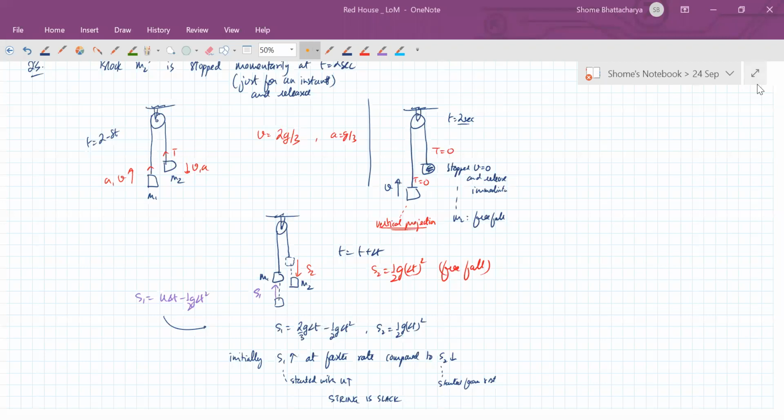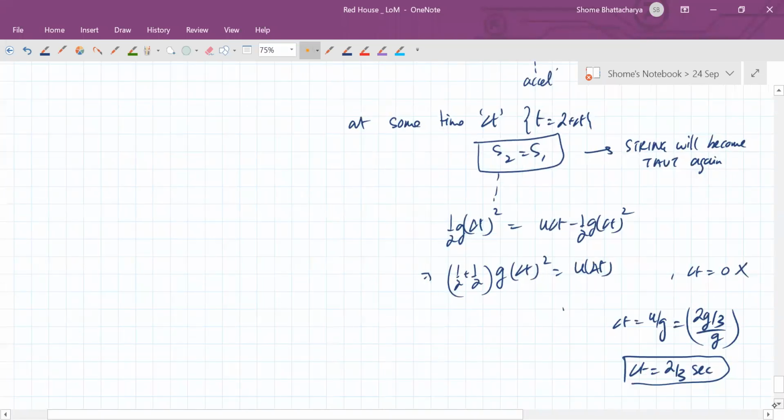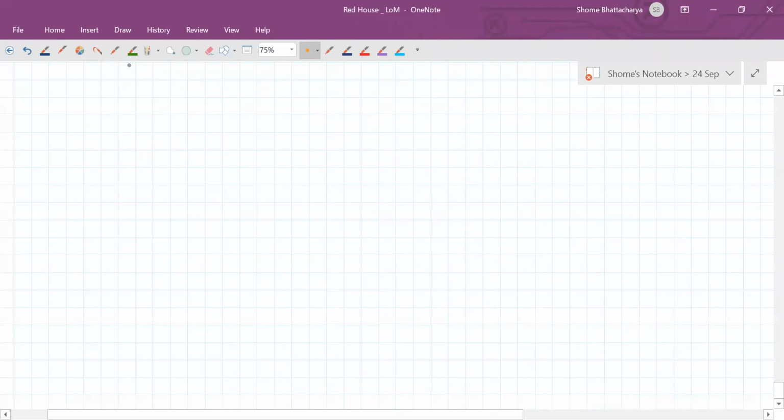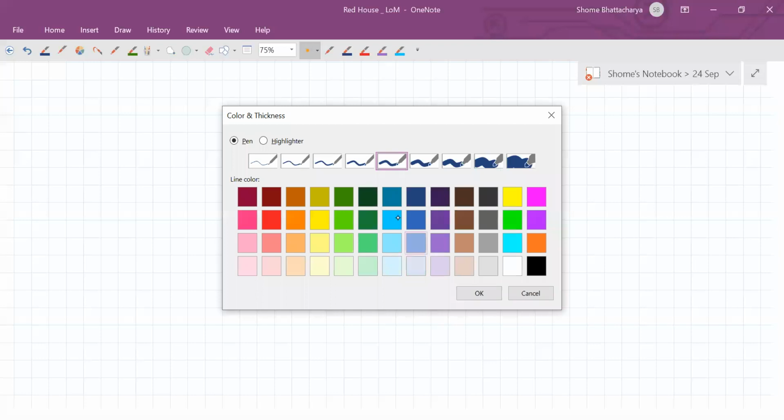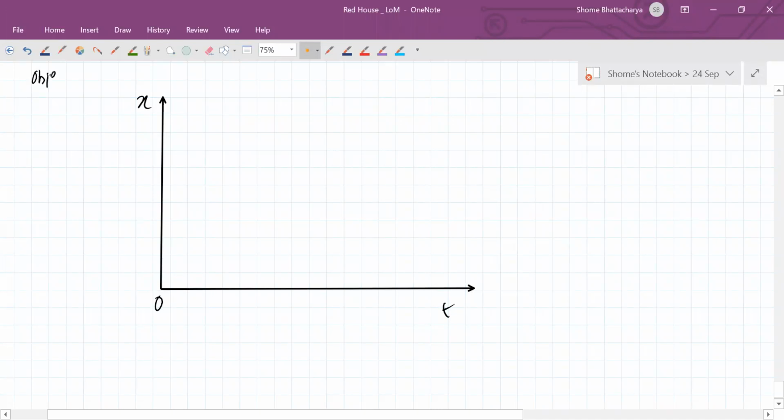Okay, so next is that question from the objective type 2. It's a graph based question, so I'll just show you what the question is trying to say. Then it's very clear and it's very easy after that. So what is happening is that a body is supposedly moving in straight line motion, and its x coordinate or its displacement along the x-axis, whatever, as a function of time. So this is the position time graph or the displacement time graph, whatever we choose to call it. Okay, for the body as a function of time.